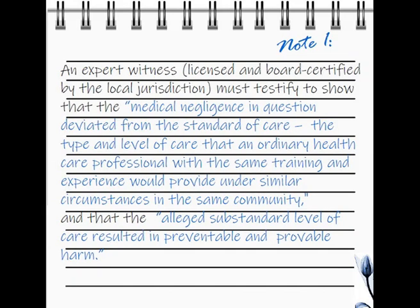the time bar, and retain expert witnesses such as perinatologists, pathologists, obstetricians, pediatricians, neonatologists who are licensed and board certified by the state where the alleged damage has occurred and who can prove with the preponderance of the evidence in civil cases and beyond the reasonable doubt in criminal cases that the medical negligence in question had deviated from the standard of care, the type and level of care that an ordinary healthcare professional with the same training and experience would provide under similar circumstances in the same community, and that the alleged substandard level of care resulted in preventable